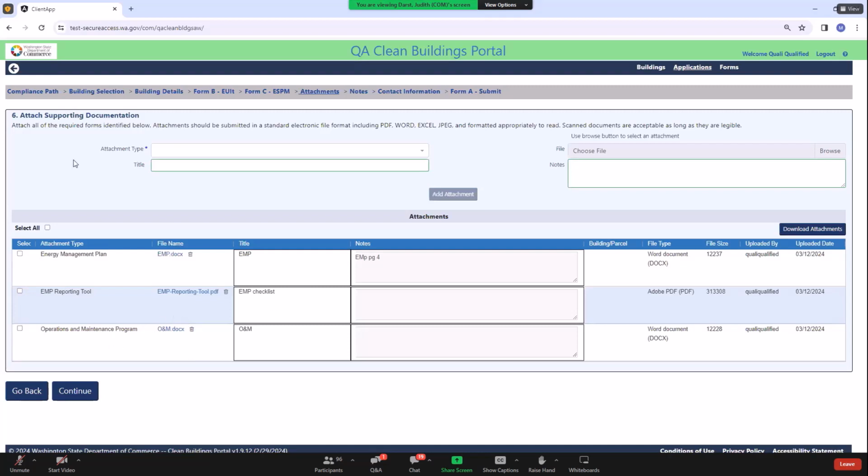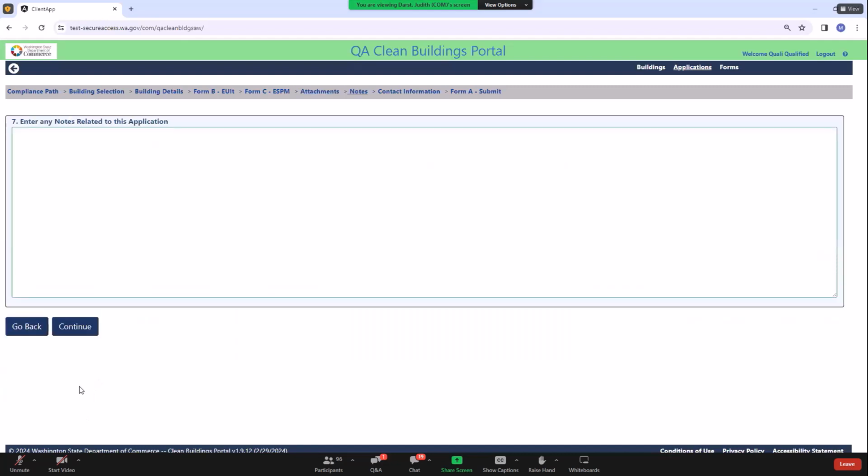That's available to you as well. So I'm going to hit continue to move to the next screen. Oh, and those attachments are, I meant to say, specific to the application. They are not attached in the building, so they're attached to the application,